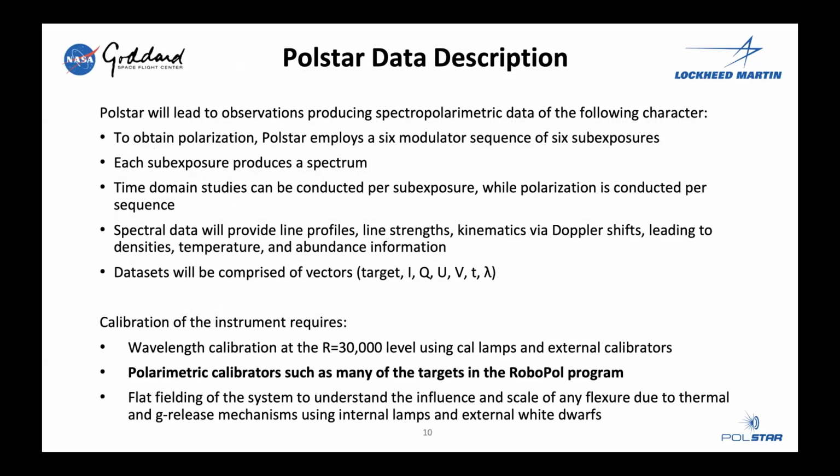Each one, of course, is going to produce a spectrum. Our spectrograph on channel 1 is going to deliver a spectral resolution of an R of 30,000. And we'll be measuring polarization for each set of sequences, providing spectral data to produce line profiles, line strengths, kinematics, densities, temperatures, and abundance information. So for each target, we'll be measuring I, Q, U, and V,